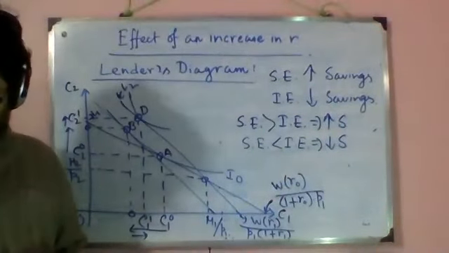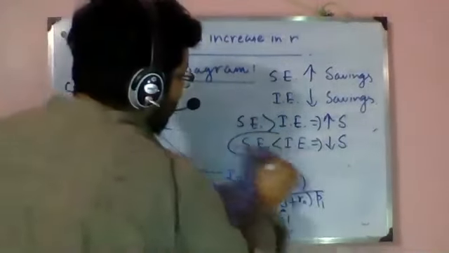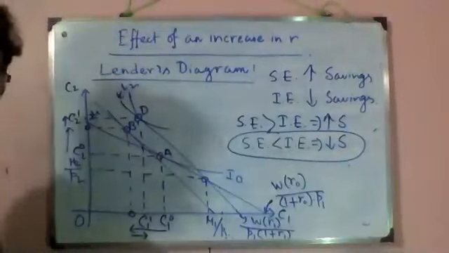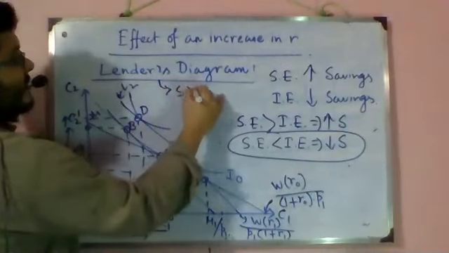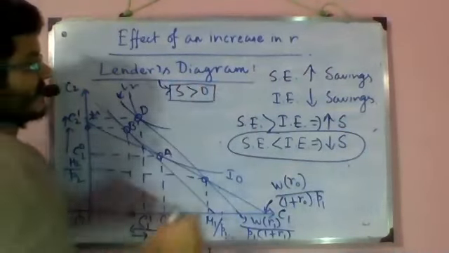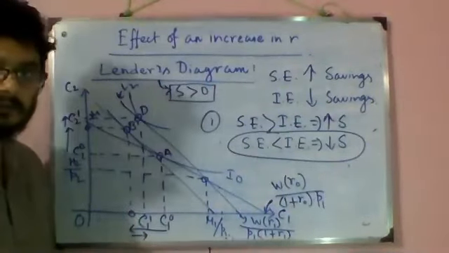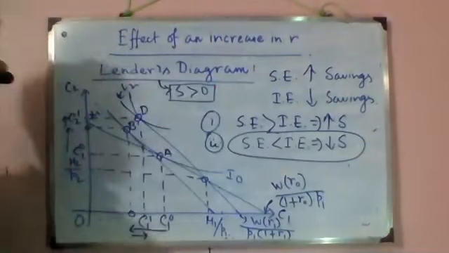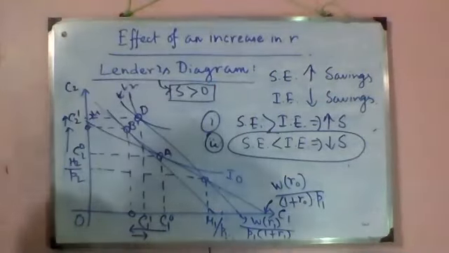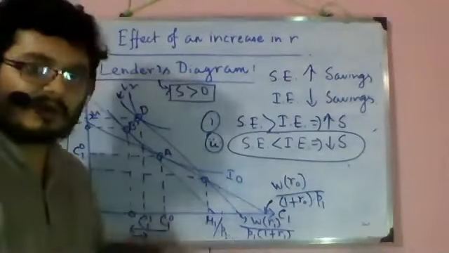Okay. Now, we are going to extend this component of it. Why? There is a reason. You see, lender means what? Lender means that savings is positive. That's what lender means. Now, in the first case, if this happens, the lender remains the lender, and it's fine. But in the second case, when savings is reducing, the question that we are going to ask is this: is the lender going to become a borrower?